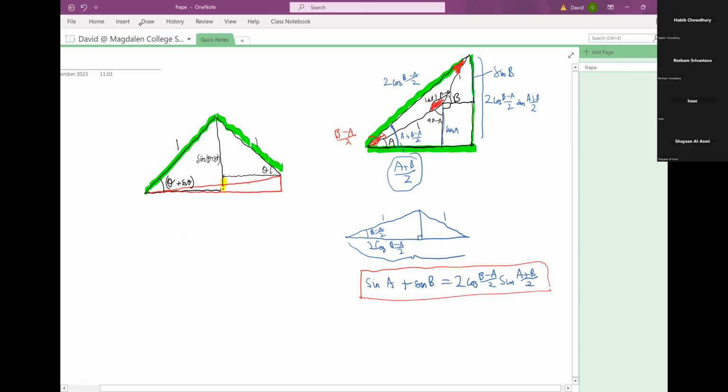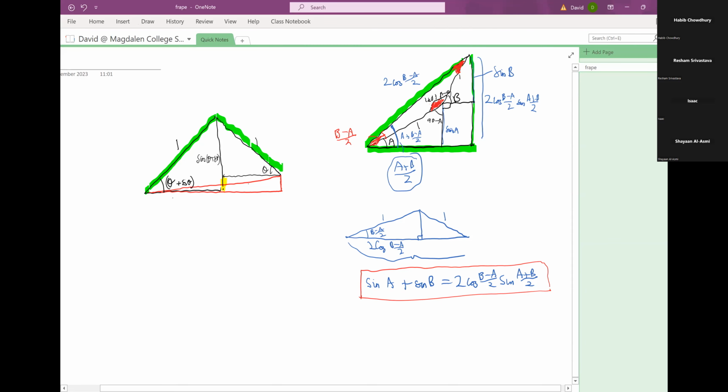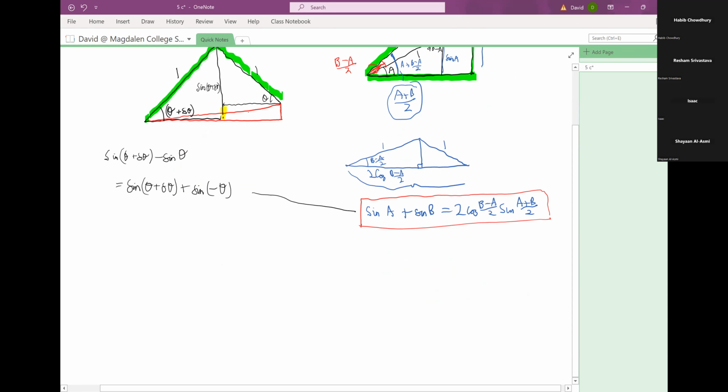But what I can do instead is use this identity that I've just derived to get an identity for sine theta plus delta theta minus sine theta, because that is the same as sine theta plus delta theta plus sine minus theta. And then I can use my identity in the red box. And the identity in the red box would give me that this is 2 cos